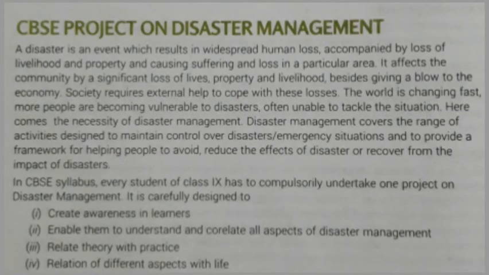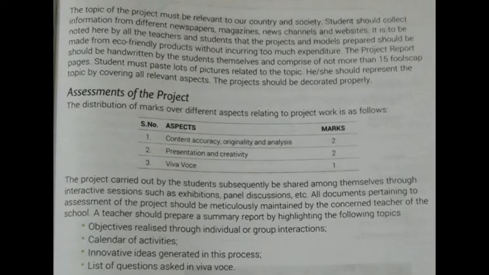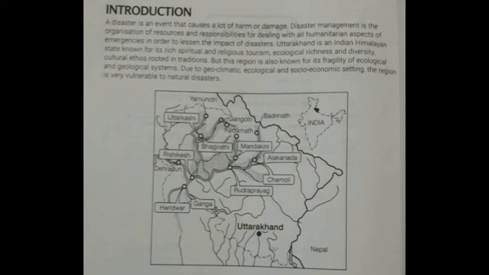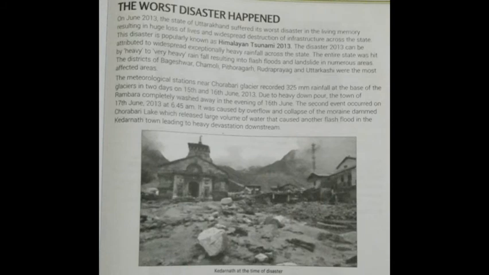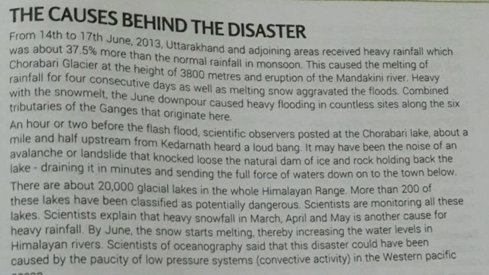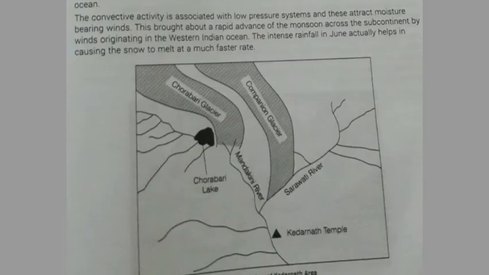At last, here is one example which was taken as a CBSE project on disaster management. Let us see how the child has selected the topic and how the child has prepared this project work. In this project, the child selected the topic of the tsunami caused in the Himalayas in 2013. That was the Kedarnath disaster. The worst disaster that happened in the world. He pasted the pictures from the newspaper and made it impressive. Also, he mentioned the causes behind the disaster along with some data and again some pictures or hand sketches, which give the complete